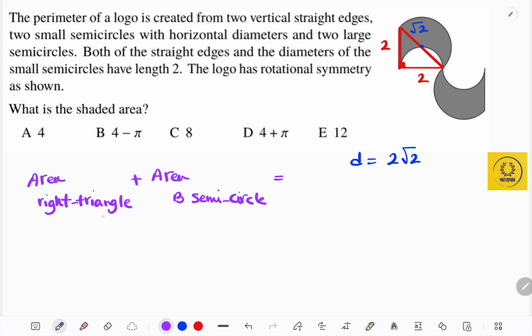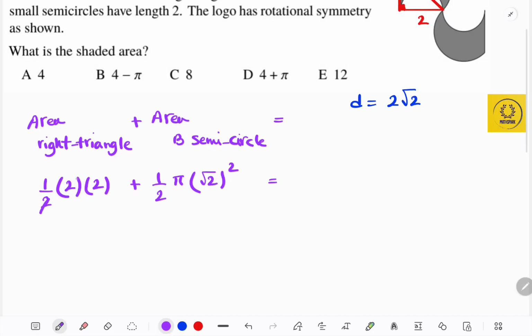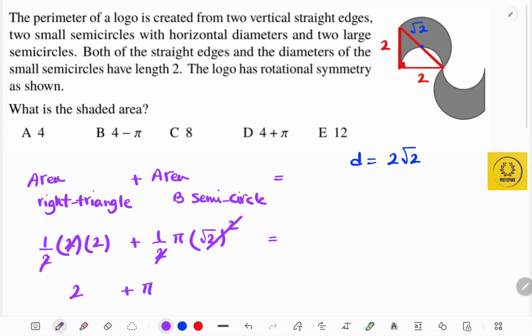Okay, the area of right triangle is half of base times height plus the area of big semicircle is half of pi r squared, and r is root 2. Okay, cancel out these 2, so we have 2 plus, and root 2 squared is 2, cancel out with these 2, which is pi. So the area of this part of the figure is 2 plus